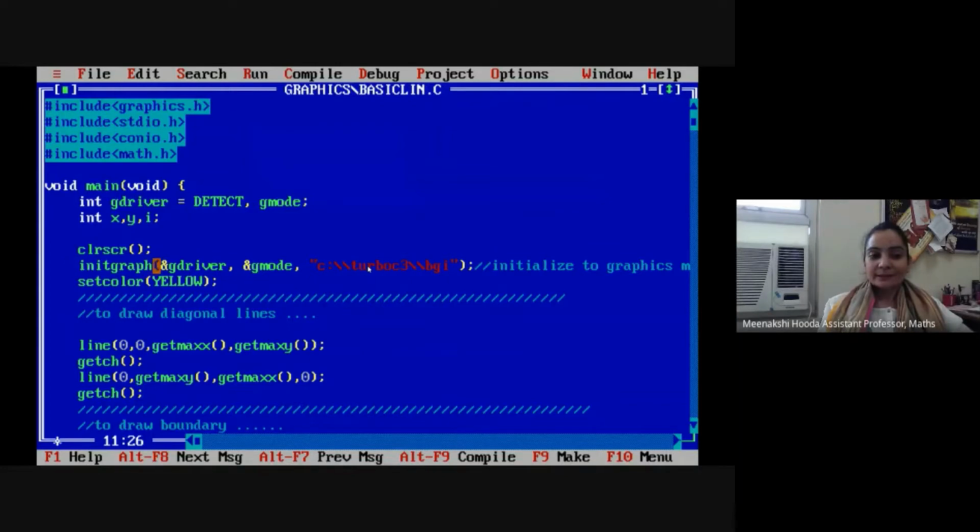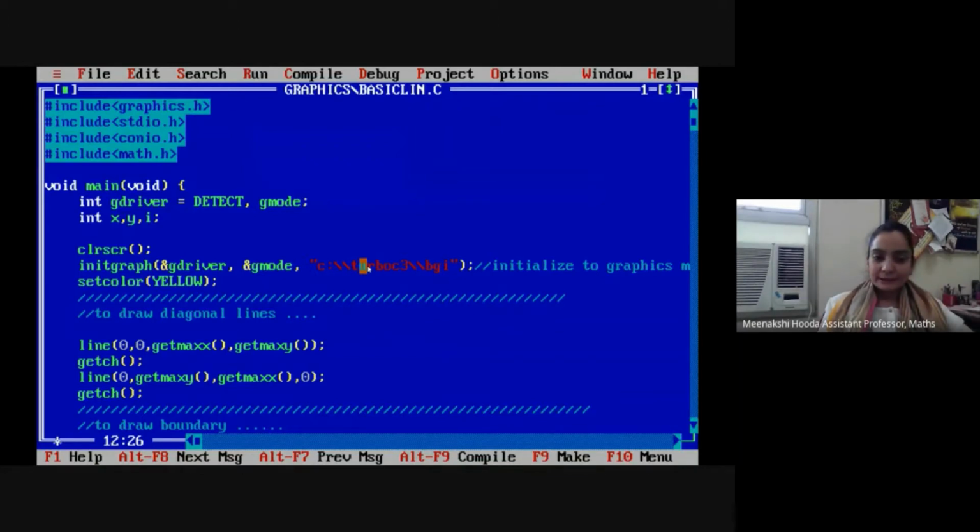So in this initgraph, the first two are the int pointers, and third is the string pointer, character pointer. In first, we need to pass the address of the driver. Second is for resolution, and third is the path of the BGI folder. Basically, it will initialize the screen to the graphics mode.